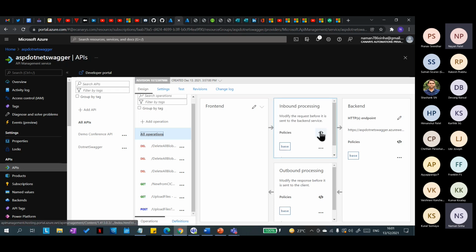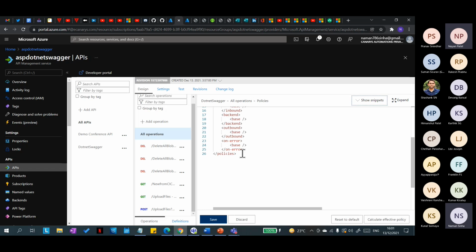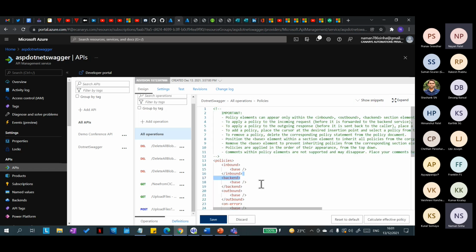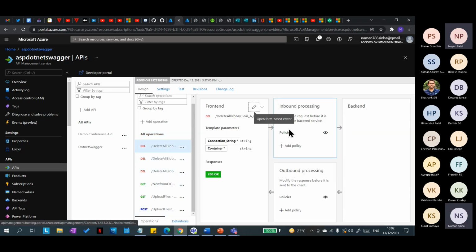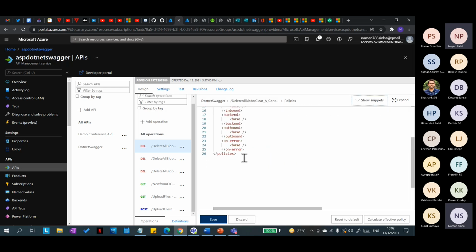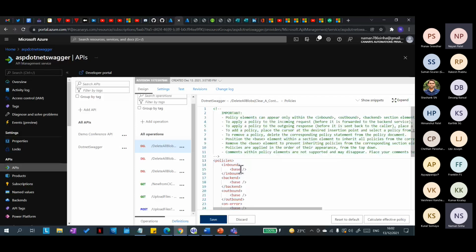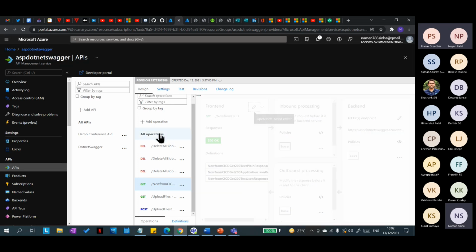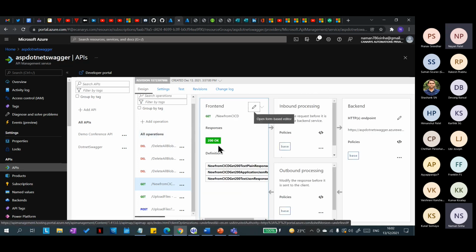If we pass the XML for all operations in our pipeline through Azure CLI, it will apply the policy to all the operations. Instead, we can apply it at an operation level. Each operation will have a different policy XML. Either we can have a generic one for all operations, which is not recommended, or one for a specific operation. In some cases we need one XML for all operations,